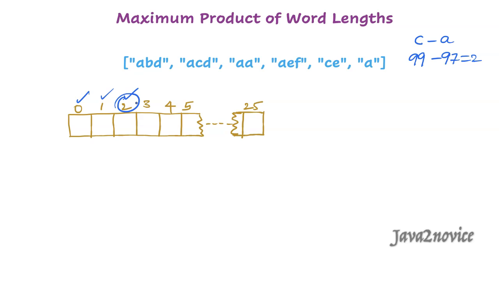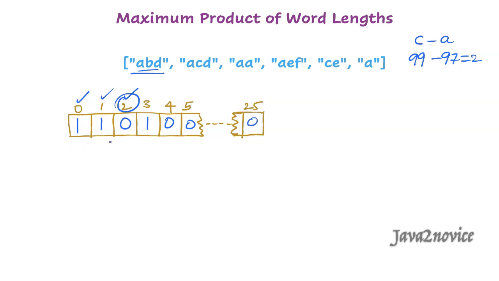Please note that all input strings will be in lowercase as per the problem statement. We will be filling this array with either zeros or ones only, no other numbers. By default, this array is filled with zeros. Let's take the first input. The characters are A, B, D. Since character A exists, we will fill with 1 at index 0. Since character B exists, we will fill with 1 at index 1. Since D exists, we will fill with 1 at index 3. Rest all we will fill with zeros.